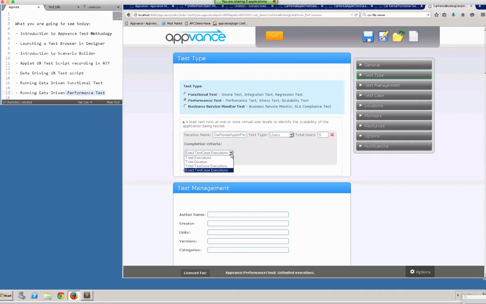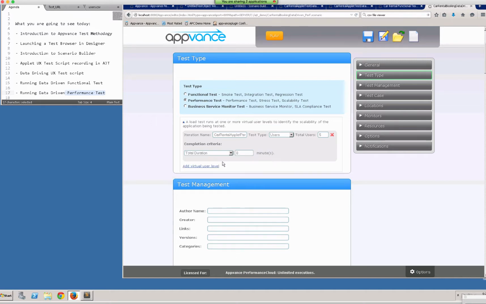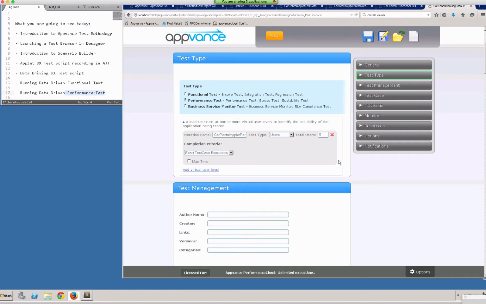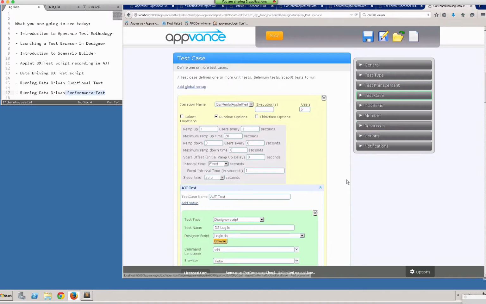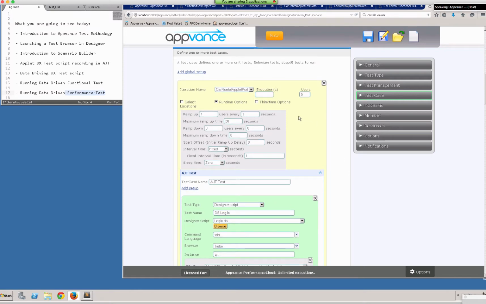There are different types of completion criteria that we offer when you run your performance test. One of the criteria can be duration. You can run it for a certain number of minutes. In our case, we're just saying just run the exact test case executions. In the test case menu, if you notice, now we have this new tab which tells you how many executions you want to run,